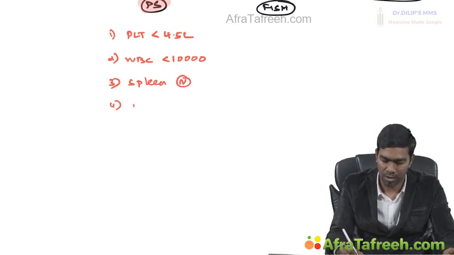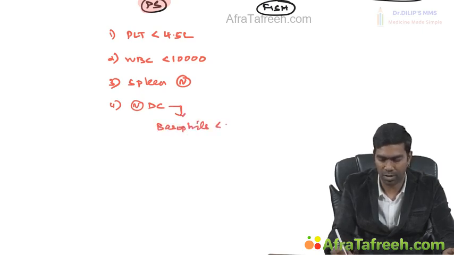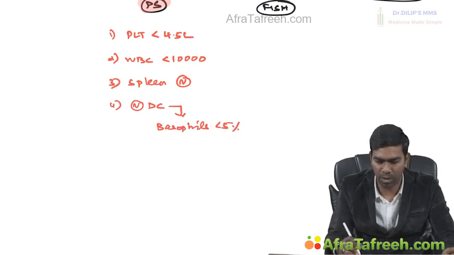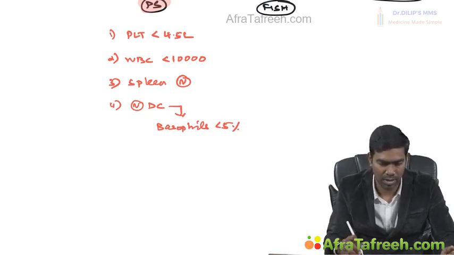And number four, you should have a normal differential count in which especially basophils should become less than 5%. I told you basophilia is one of the important events that happen in CML. I told you many times. So basophils should become less than 5% in CML. So this is what we refer to as a complete hematological response. So let us see what the definitions of complete